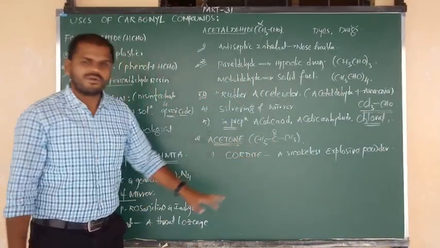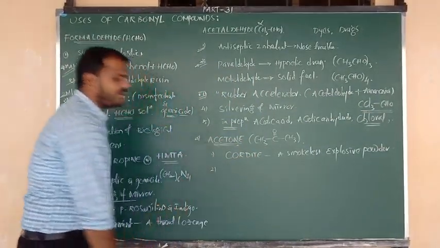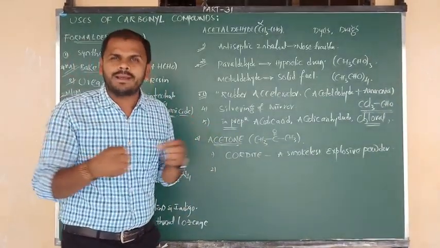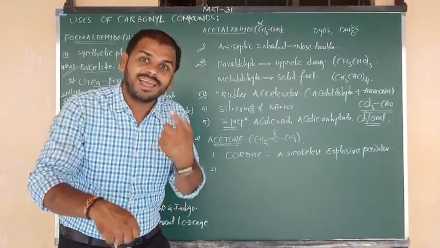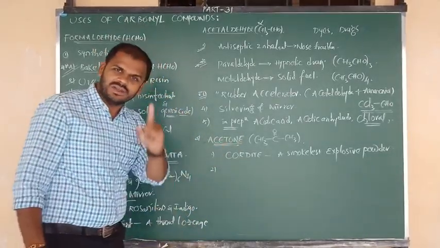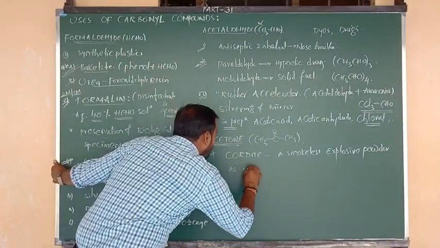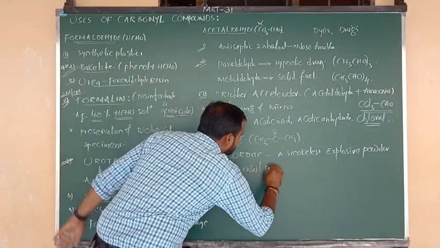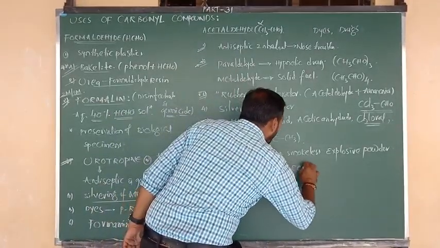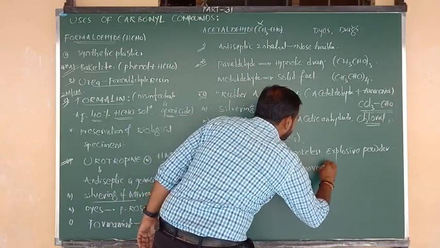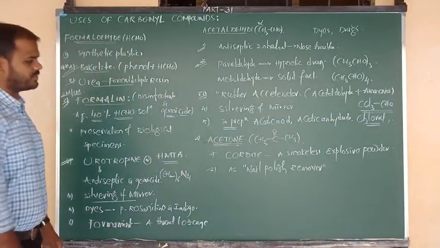In the manufacturing of cardite, we are going to use what, Nana? Acetone. And go for one more thing. What is the carbonyl compound used in nail polish, or we can say nail polish remover? In that compound, we can use the acetone. It is also an important question. So it is used as what, beta? Nail polish remover. So which carbonyl compound is used as nail polish remover? The answer is nothing but acetone.